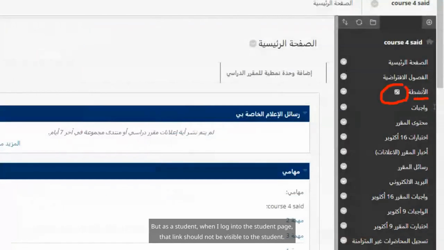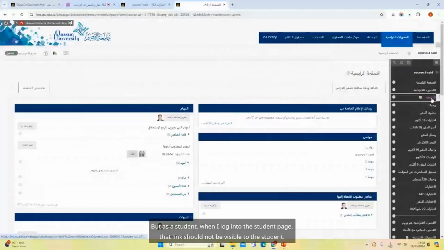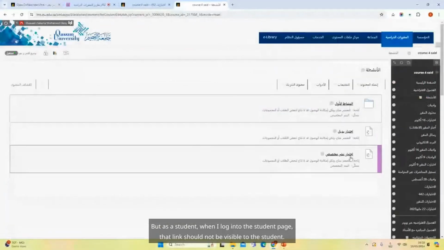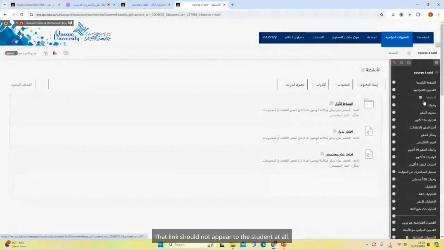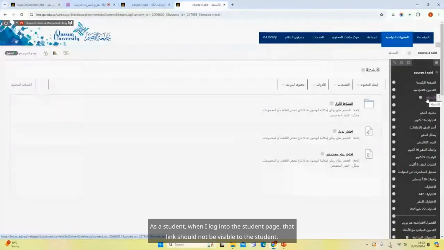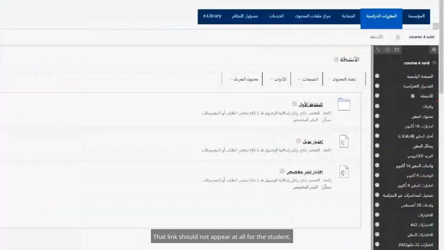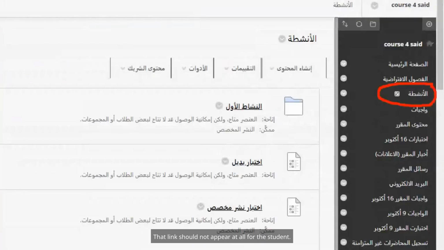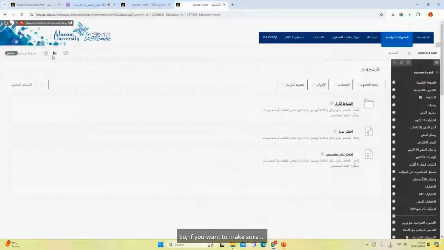As a teacher, I should be able to do that. But as a student, when I log into the student page, that link should not be visible to the student at all. So if you want to make sure